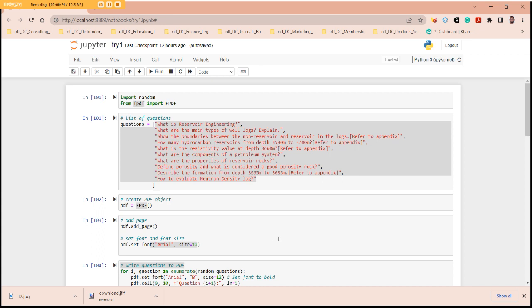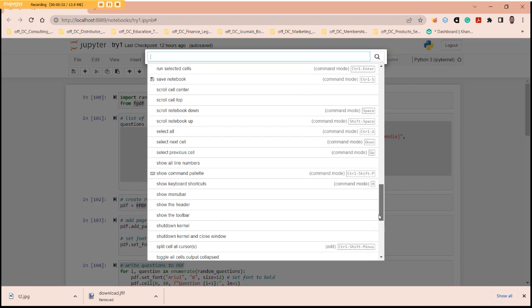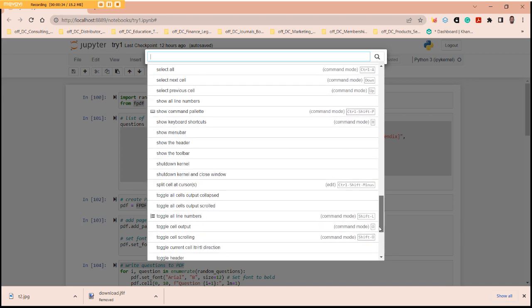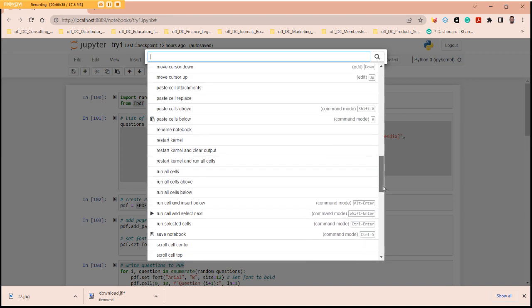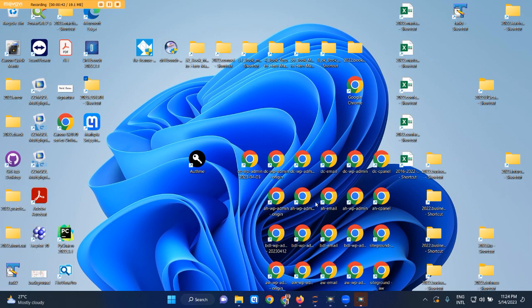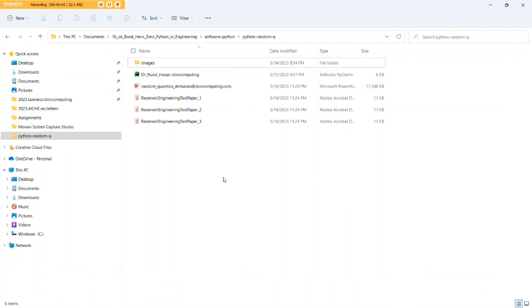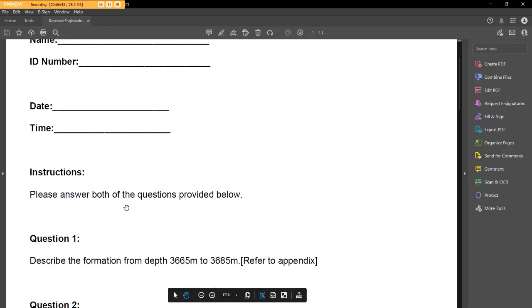So what I do, without doing anything else, is to show you the outcome. I run the whole code right now, and I run all the commands by clicking this command, and then I go back to see my folder, which I showed you blank, and it has three sets of questions. You see that? So that's the beauty.